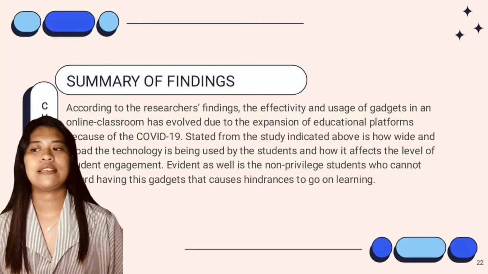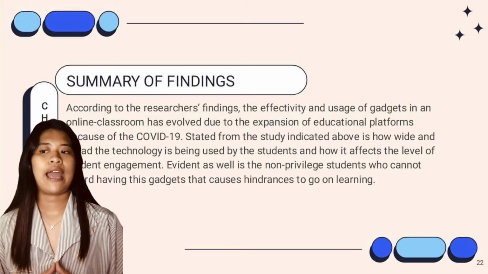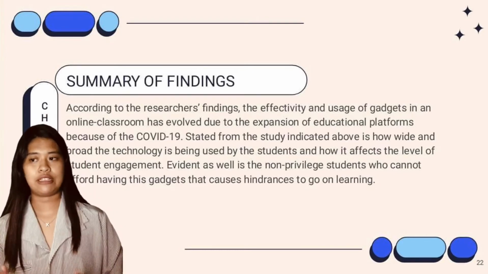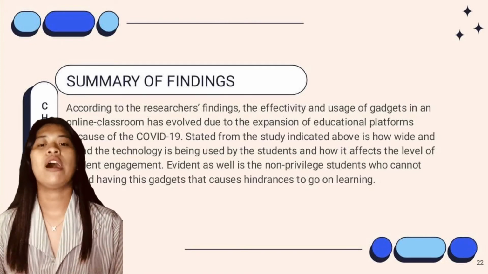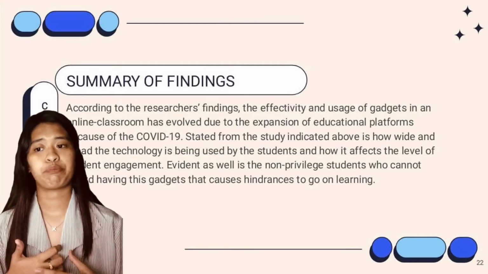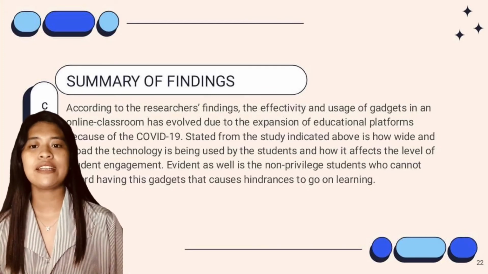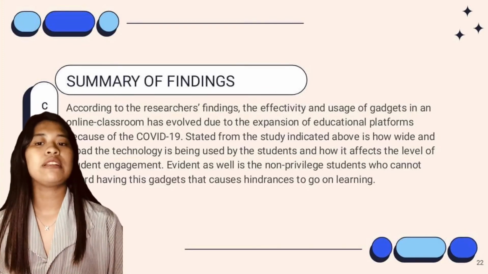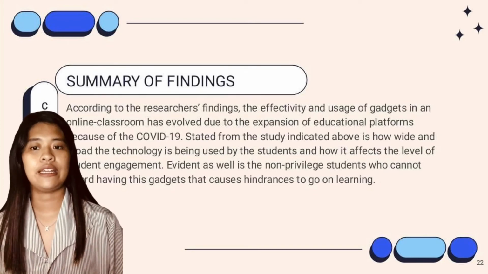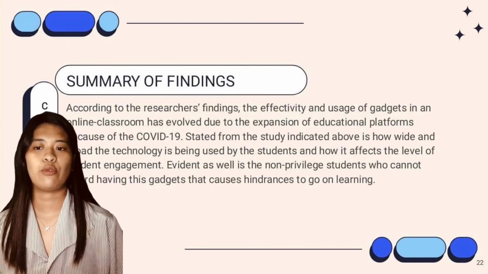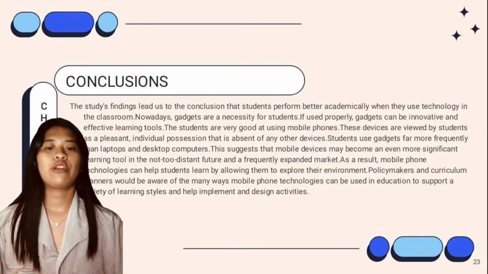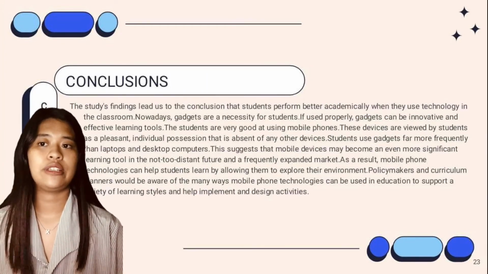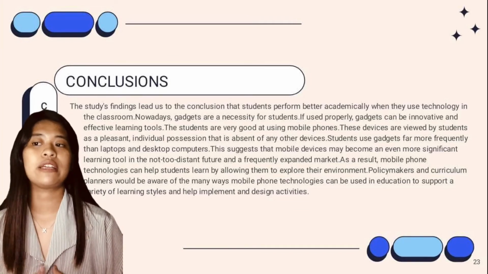Our findings suggest that digital games provide the most far-reaching influence across different types of student engagement, followed by web conferencing and Facebook. Findings regarding wikis, blogs, and Twitter are less conclusive and significantly limited in the number of studies conducted within the past 5 years. For the conclusions, the study's findings lead us to the conclusion that students perform better academically when they